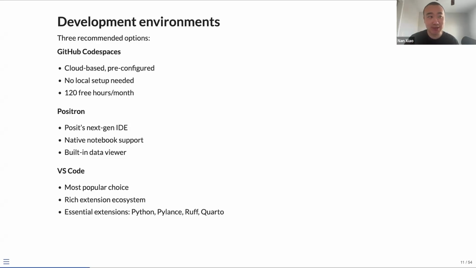Maybe you can just pick one, right? Although we will need to install other dependencies such as UV or Quarto that is needed to render the book or the project. So you should be able to do that a little bit later yourself.